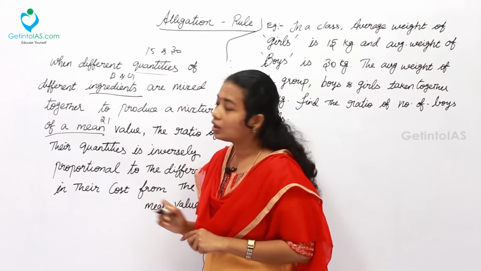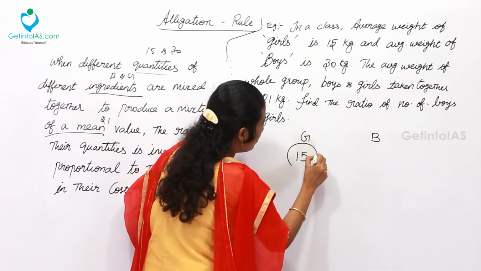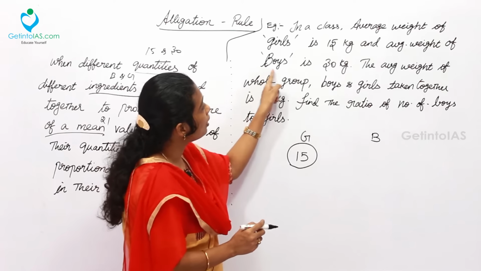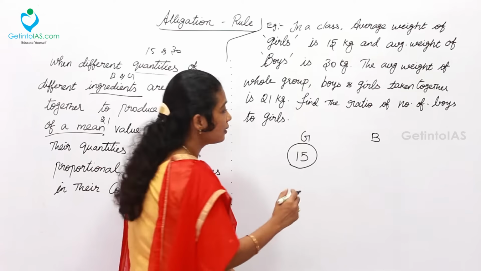Just follow now. What is the first thing? I am writing girls here and boys here. The number of girls and boys we don't know. The average weight of girls is 15 kg, and that is first written near girls. Afterwards, the average weight of boys is simply 30 kg, which you mark like that. Then both girls and boys together have an average weight of 21 kg, which is written in the middle. So for girls and boys, their overall average is this. Afterwards, you can draw extra lines like this.